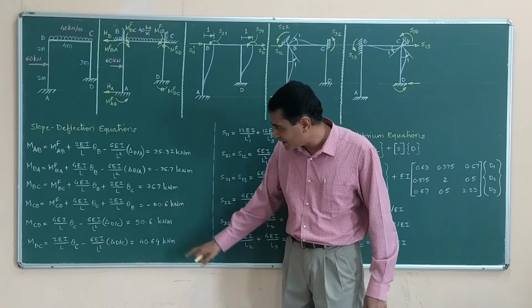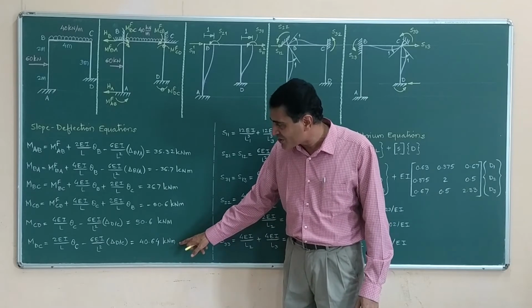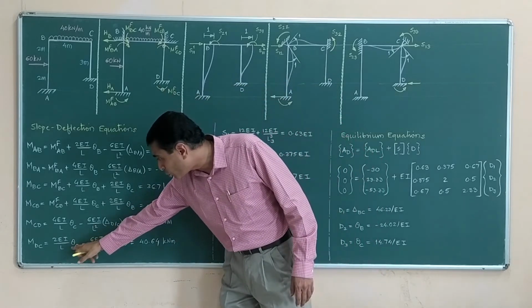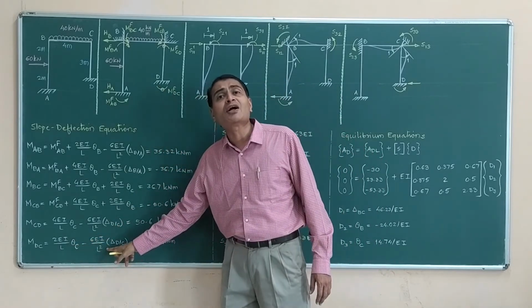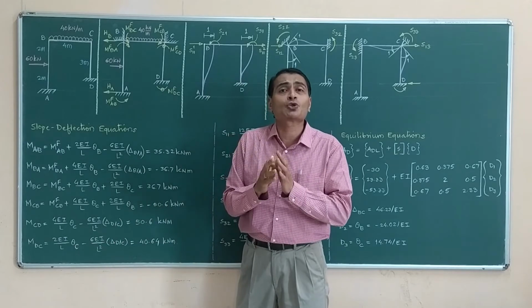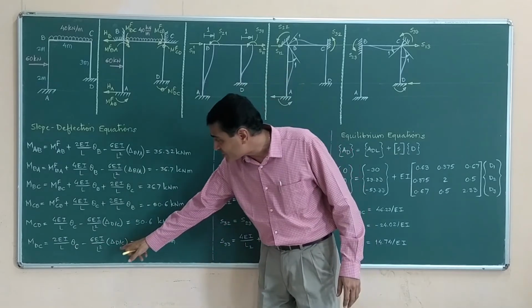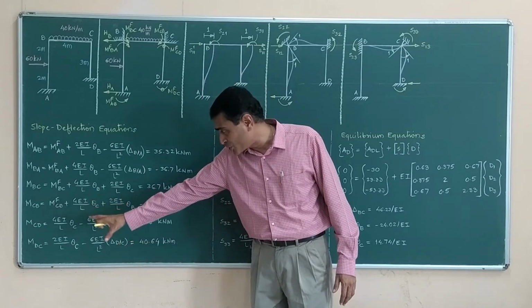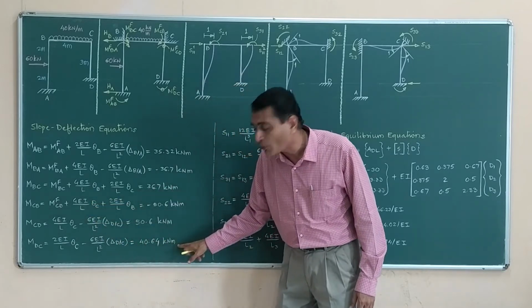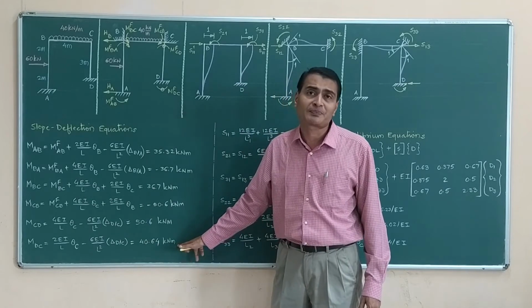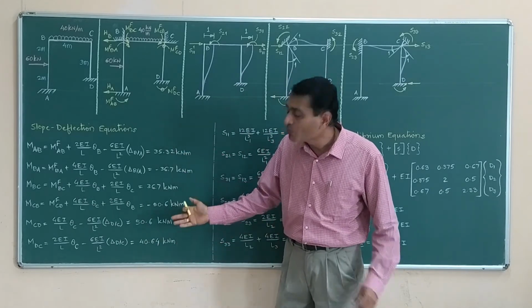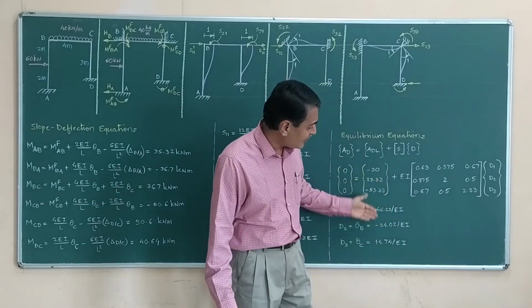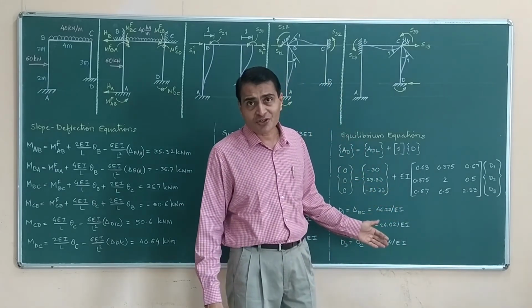And finally I am writing M of DC is equal to, again there is no fixed end moment. I have far end rotation contribution and delta D relative to C, the translation of the sway contribution. This term is same as this term. I substitute this as negative. I substitute theta C. I am getting 40.64 kilonewton meter. So these are my end moments found using slope deflection equations after getting unknown displacements.